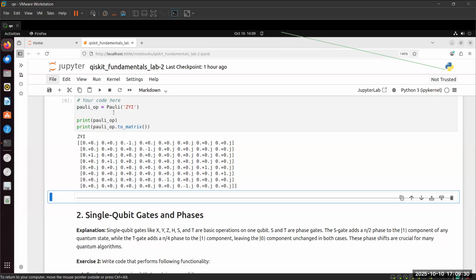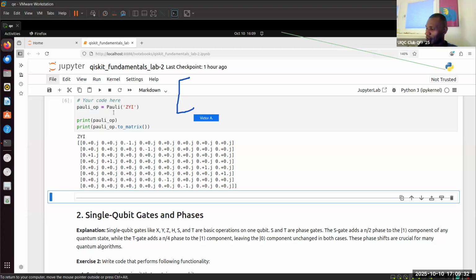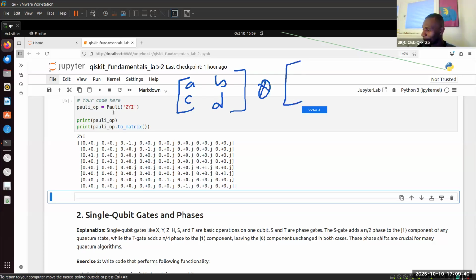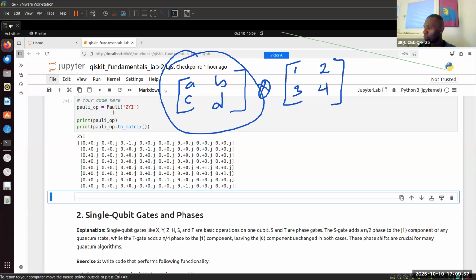I want to get a very clear picture of this. Let me just do a sample tensor product, the tensor product that we learned some weeks back. So let's say this is what we have, and we want to have a tensor product of these 2 by 2 matrices together. The idea we developed was that the whole of this matrix, we multiply each location of the other matrix to give a bigger matrix. So we're going to have